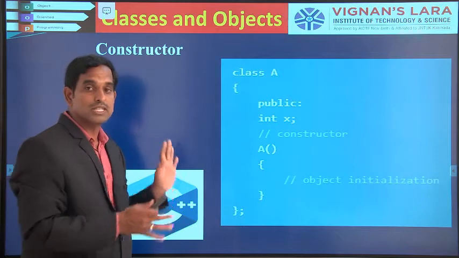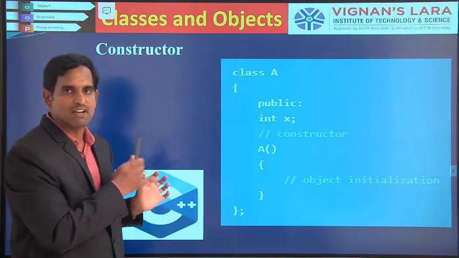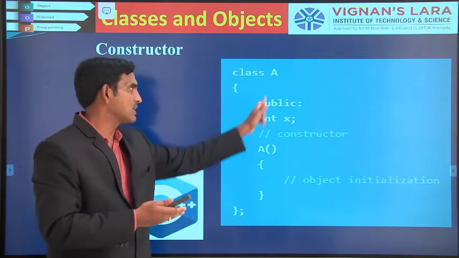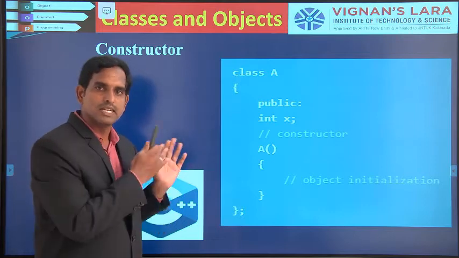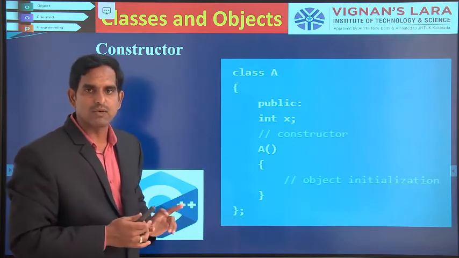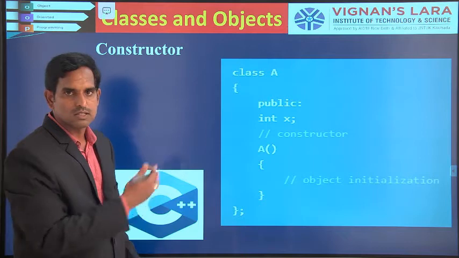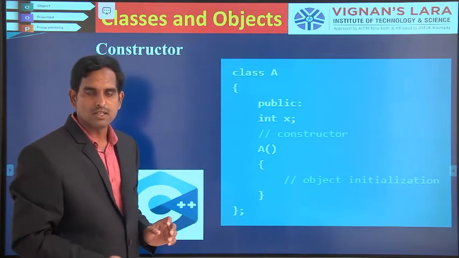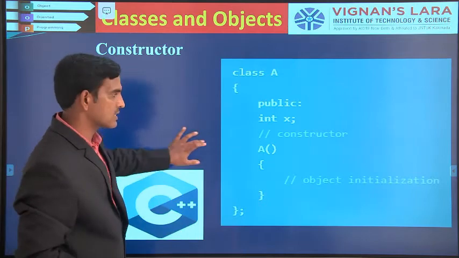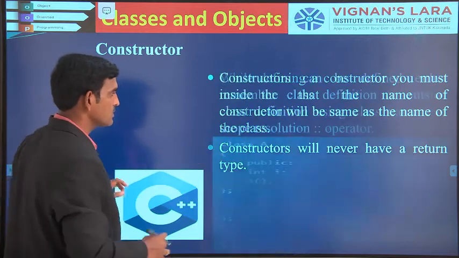So what is the basic difference between a general function and a constructor? A general function can have any name, while a constructor has the name of your class. A general function has a return type, while the constructor doesn't have any return type. A return type means you would write int here, then some name of int comma int. The starting thing is what we call a return type. Your constructor doesn't have any return type. This is about your constructor.